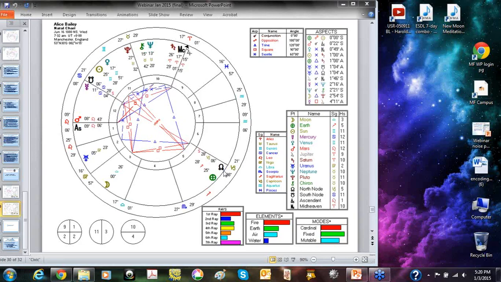Now, we know that she was almost going to have her third initiation, and perhaps she did before she died. So she sits in Capricorn. This is her destiny. This is what she's reaching toward. And initiation, as we have learned, is very much associated with Capricorn. It happens in Capricorn, and it happens in the 5th house, which is the causal body, which is the egoic lotus, which is the soul, right? So she becomes soul infused in the 5th house through the North Node, and you want to call it Capricorn.